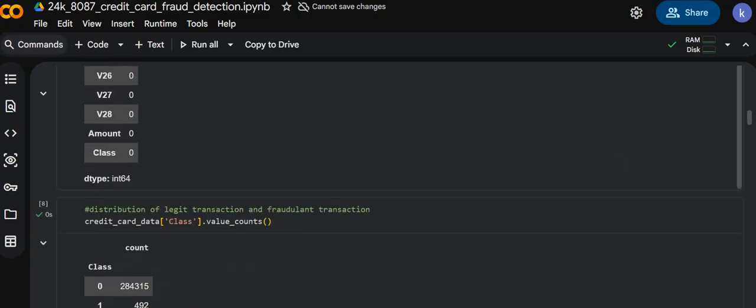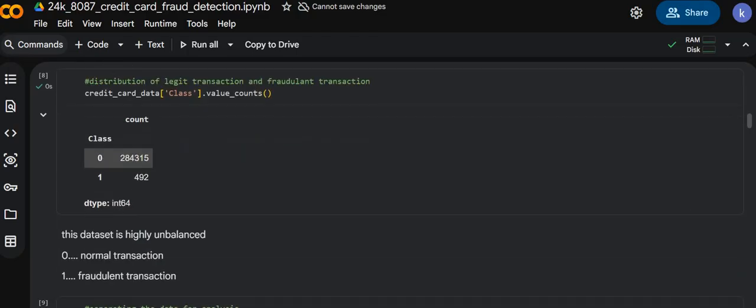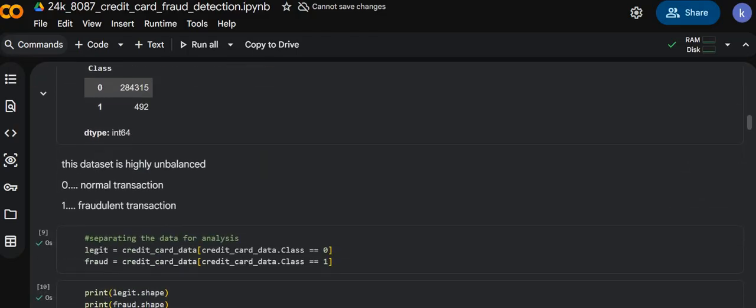And afterwards, checking the class distribution. Why I would like to tell you that this step helps to determine whether the dataset is balanced or imbalanced. The dataset is highly imbalanced. Legitimate transactions are very high and the fraud transactions are very few. This imbalance can cause the model to predict everything as legitimate and still achieve high accuracy. Therefore, handling imbalance becomes necessary. 0 for normal transactions and 1 for